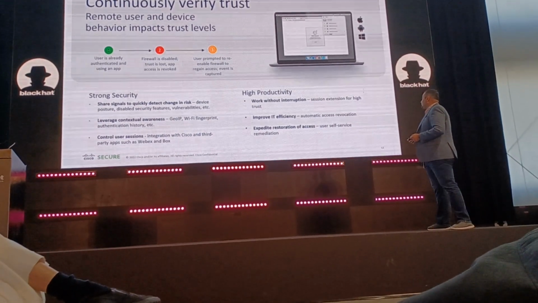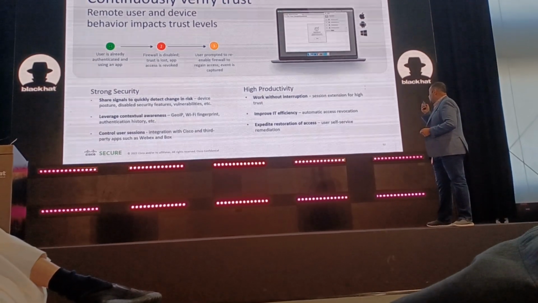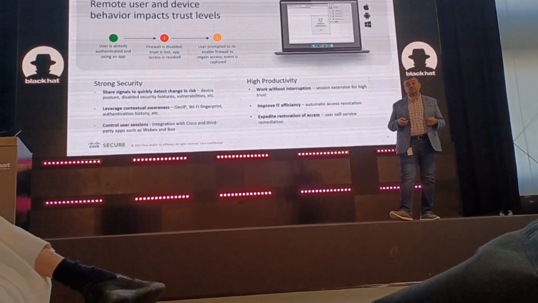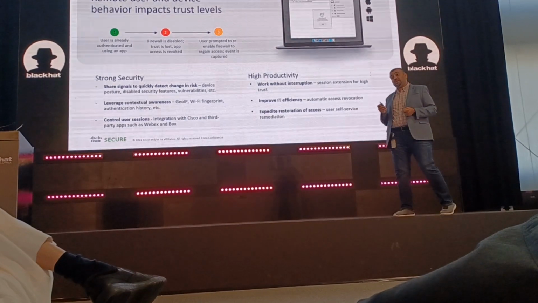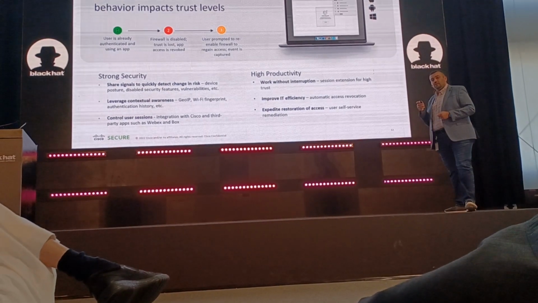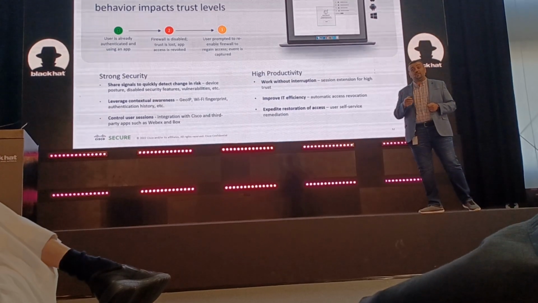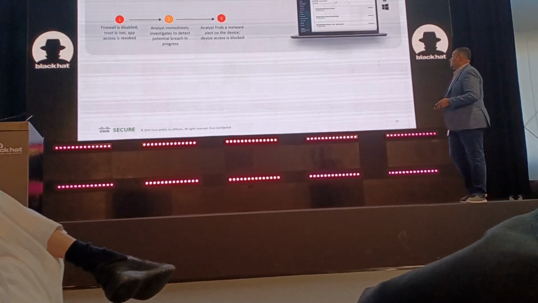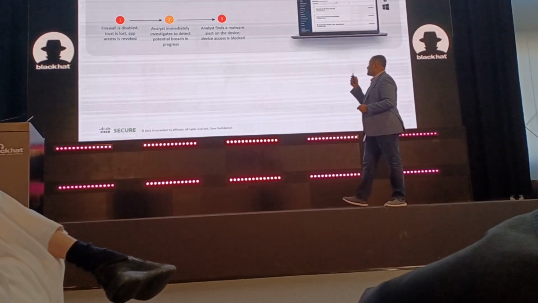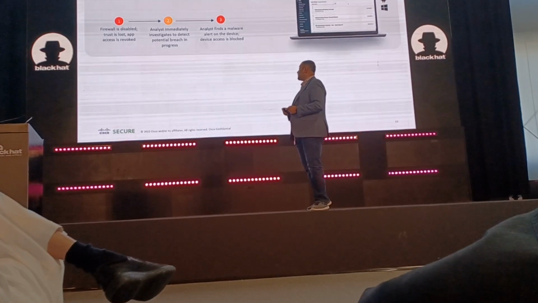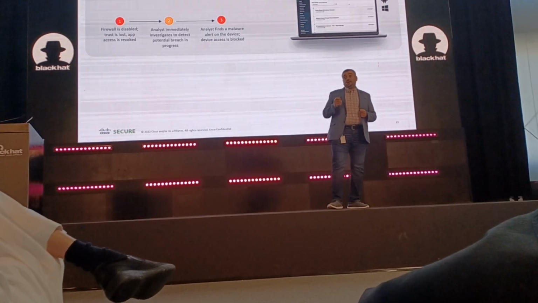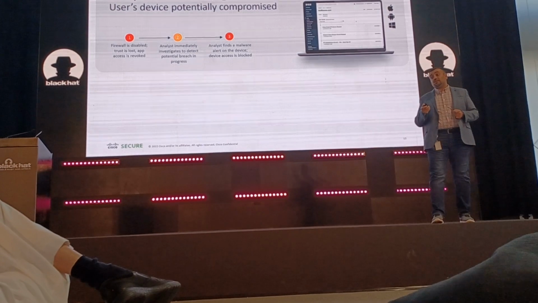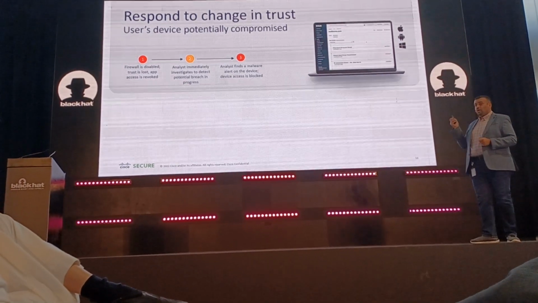How can we make it highly productive? Work without interruption. The session will be extended if you are trusted. You don't need to re-authenticate multiple times in order to get access to the application. But in case you are below the trust threshold, then you can take a remediation action. Respond to a change in trust: the firewall is disabled, trust is lost, and application access is revoked. In this case, the analyst, your security team, will be alerted, and they can quickly investigate why we have this